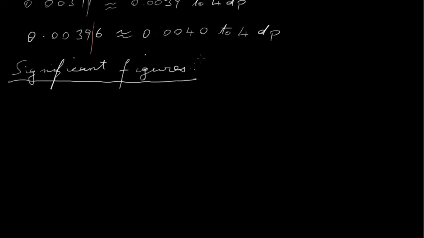Now, when you're doing significant figures, you start from the left hand side of the number and you work your way across until you come across the first non-zero number. So, for example, if we take the number 0.00985,